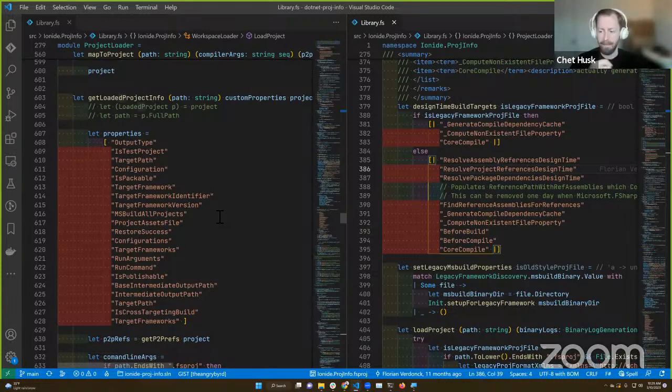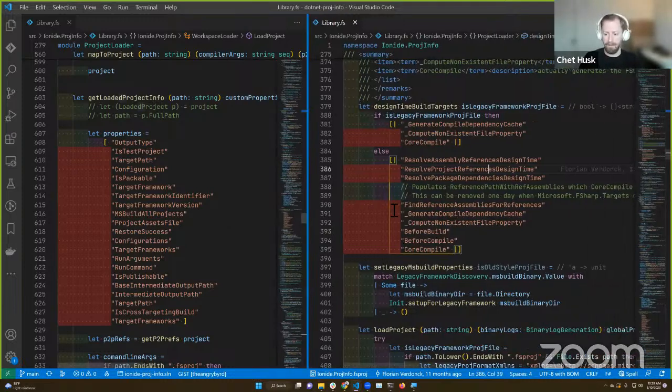That means the MS-Build that ships with your .NET SDK, we are actually loading into memory. We're not shelling out to call .NET Build with custom targets or anything. We are hosting the MS-Build evaluation in process. So the job of Proj.info is to paper over all of that and make it nicer to use.